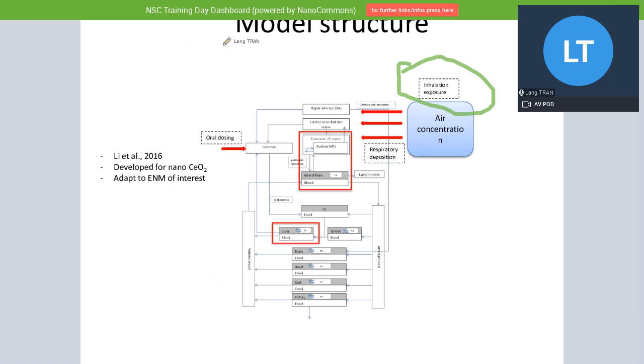So this is one type of exposure scenario that we look at. Of course, you can also look at an oral dosing in which it goes straight into the gastrointestinal tract, and then it gets circulated to the blood and so on. So the model has been built in here.